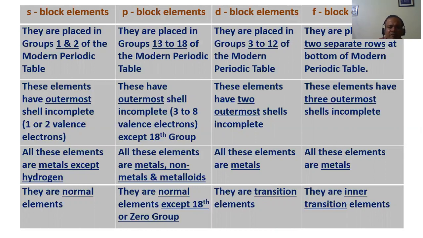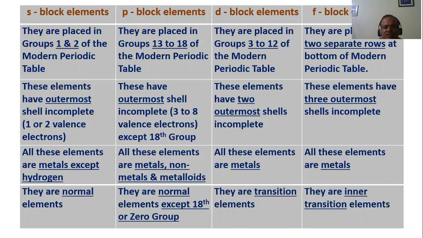Okay, this is one way, and the other way is S block, P block, D block, and F block elements. Clear? Just like we learned in classification of chemical reaction equations, we saw how chemical reactions can be classified in various ways. We can classify them as combination, decomposition, displacement, double displacement. The same chemical reactions we can also classify as endothermic or exothermic, or as oxidation, reduction, and redox.